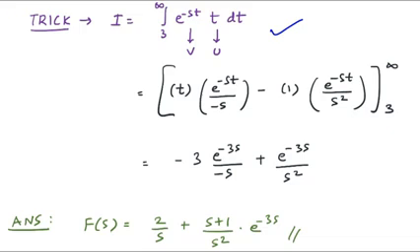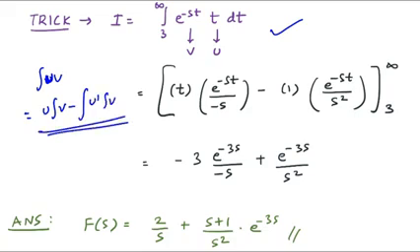Either you can use the uv rule. Integral uv rule says that it is equal to, so this part is u, sorry for my handwriting. Integral uv rule is u into integral v minus integral of derivative of u into integral of v. If you solve this, then you will get your final answer, but it is a time taking process. Would you agree, right? A lot of integration and differentiation you have to do, but I can minimize this using the trick.